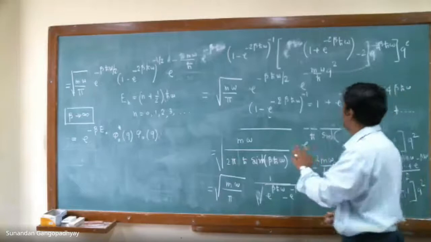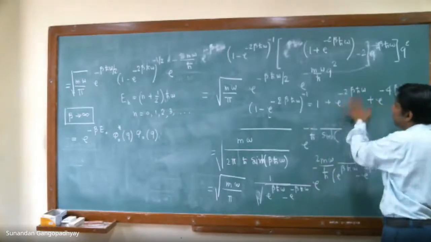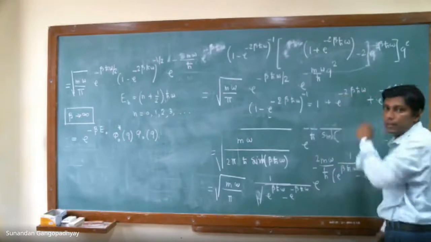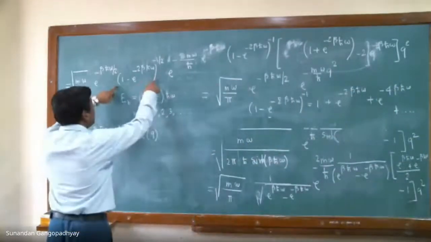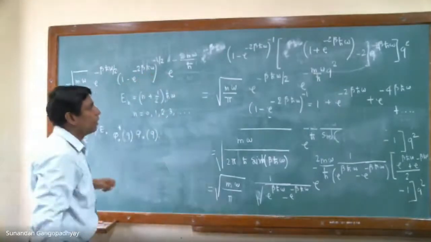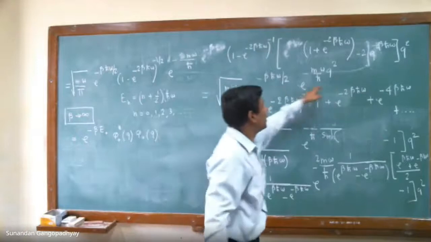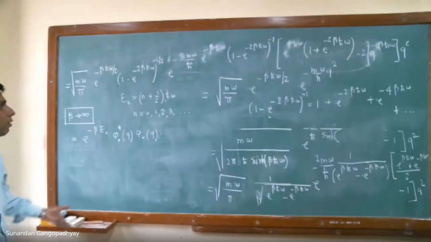Then you will find that the leading term is just 1, and all other terms will be exponentials like this, so you can throw them out. Here also, if you expand it, you can throw all these exponential terms, just keep the leading term. And if you do that, ultimately you will get this thing. And now it is immediate.